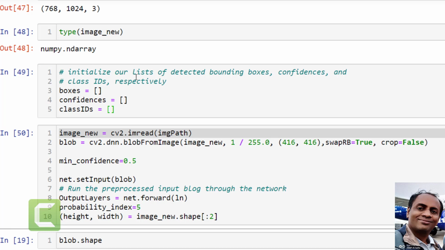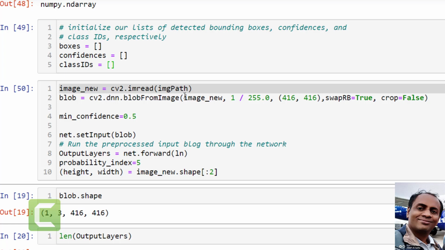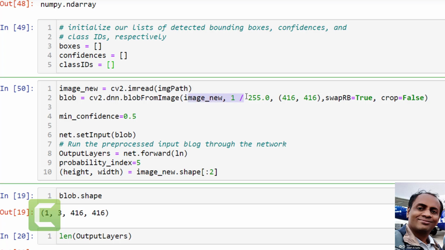The model that we are going to use here needs an image in a particular format. It requires the image numbers to be normalized, so we are normalizing by 1 by 255 because the numbers will be from 0 to 255. Then we are resizing the image to 416 by 416. This is what the model needs, so it should be a proper square. And then swap RB equals true, crop equals false.